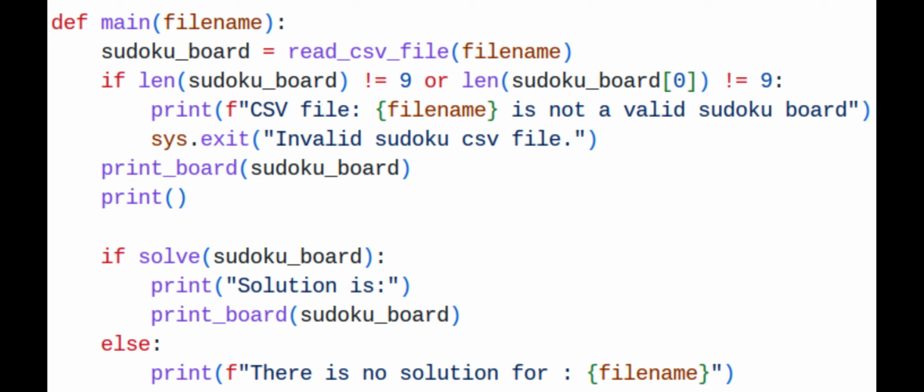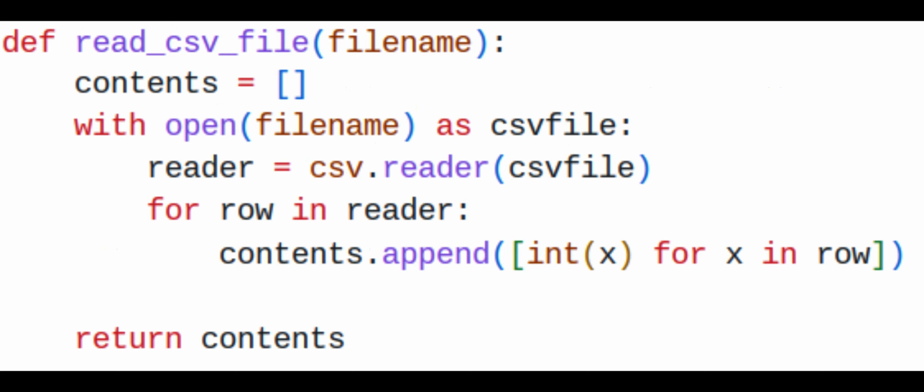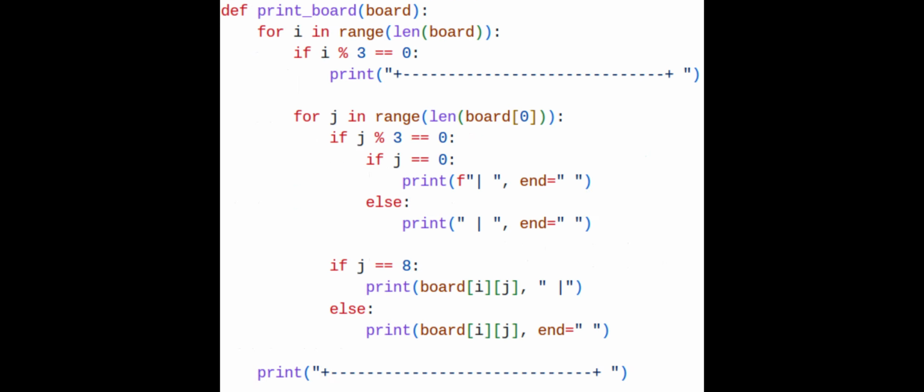If the sudoku cannot be solved, the program will display a message to say so. The file name typed as the second argument is opened in this function. The reader reads each of the rows to see where the original numbers are placed and where there are blank spaces. The board is printed in the terminal formatted with a border around the perimeter and dotted lines around each